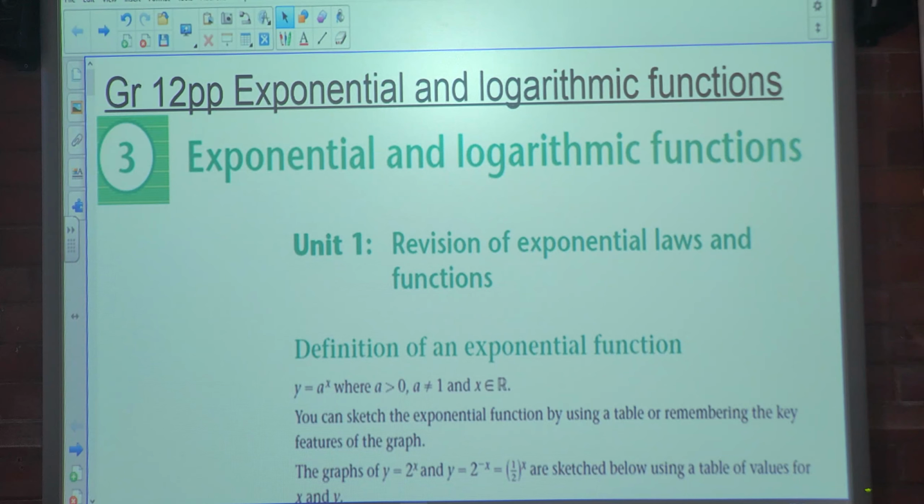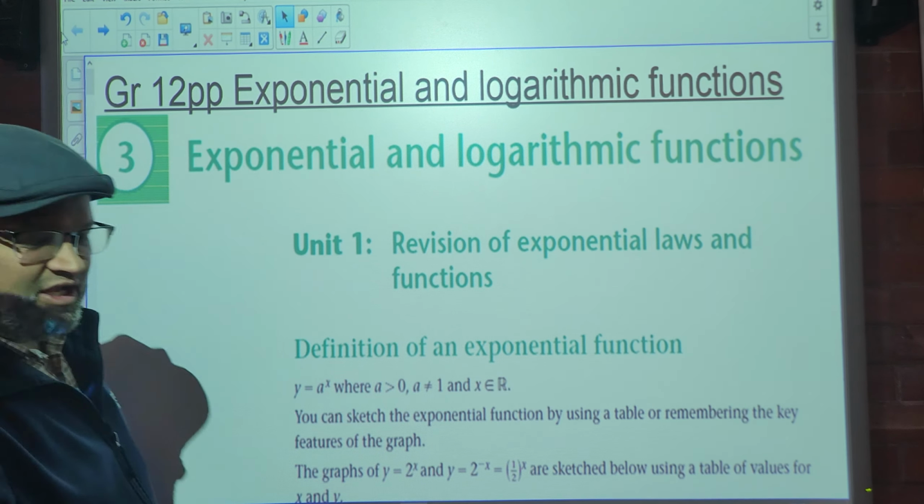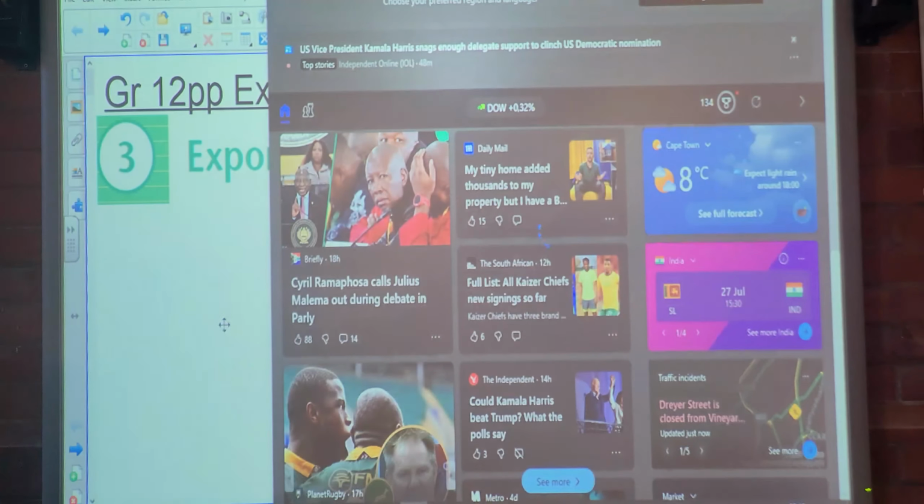Okay, good morning, class. So today we're looking at exponential and logarithmic functions. We're looking at the last exercise dealing